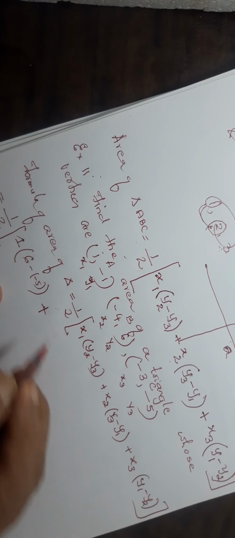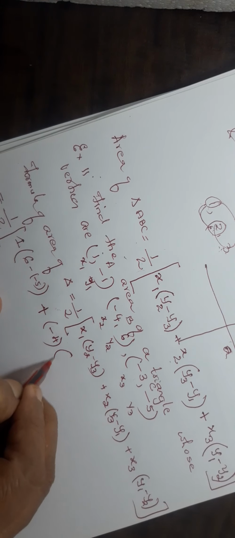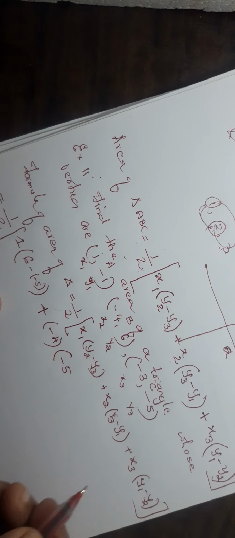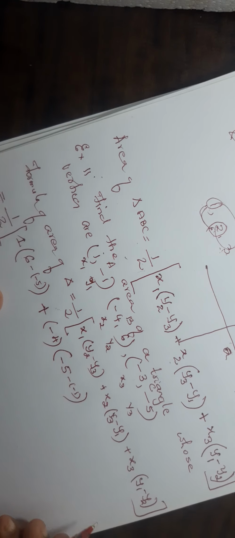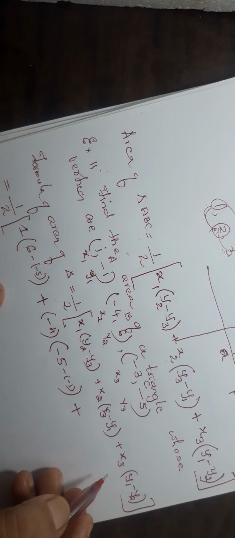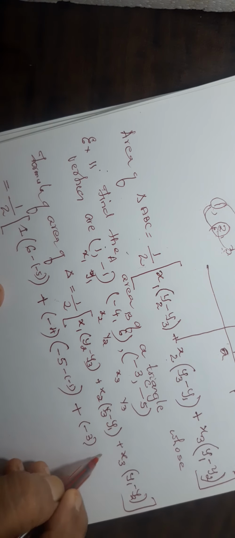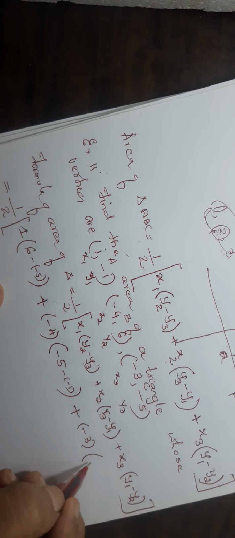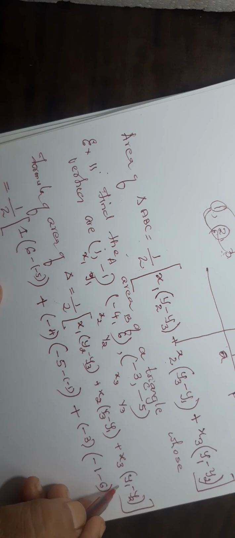Then plus x2 is what, minus 4 in the bracket, minus 5, minus of minus 1, yes, plus x3 is minus 3 bracket y1 is minus 1 minus 6, and then